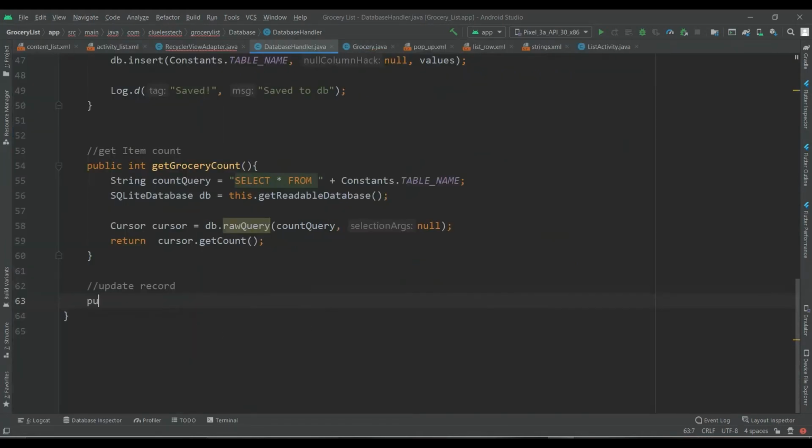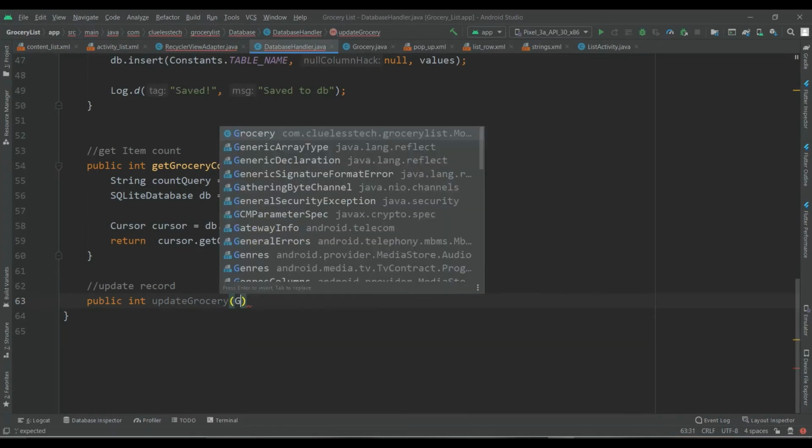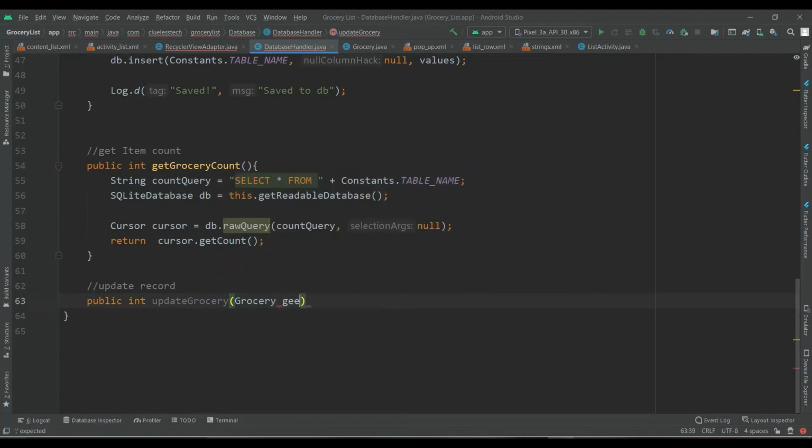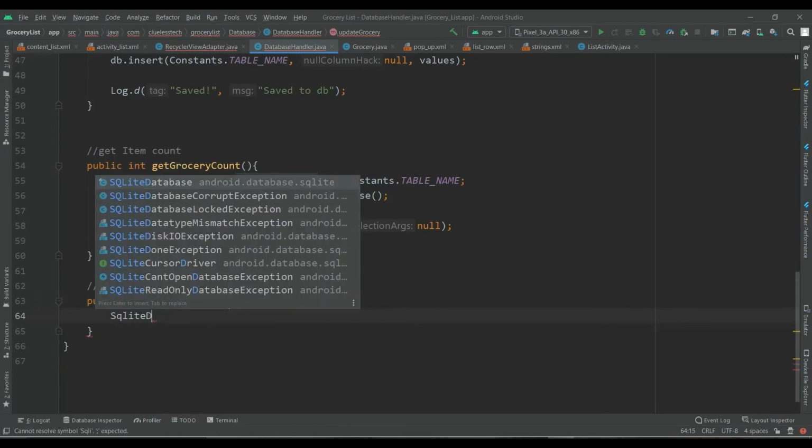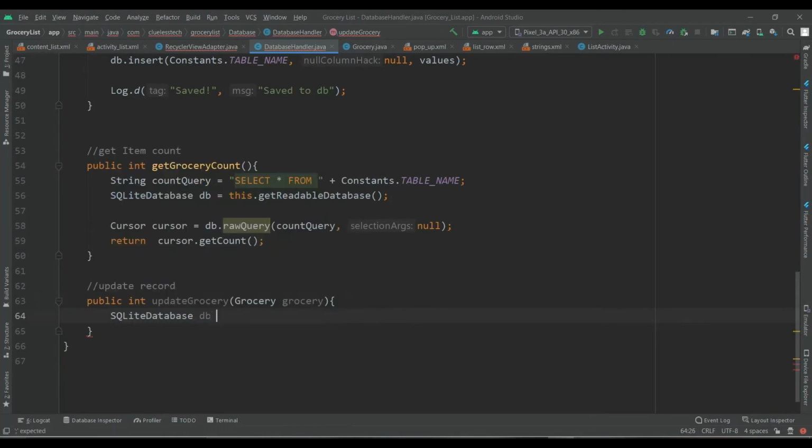Let's create the method public int updateGrocery, and here we will pass the grocery. Okay, now call SQLiteDatabase db equals this.getWritableDatabase.